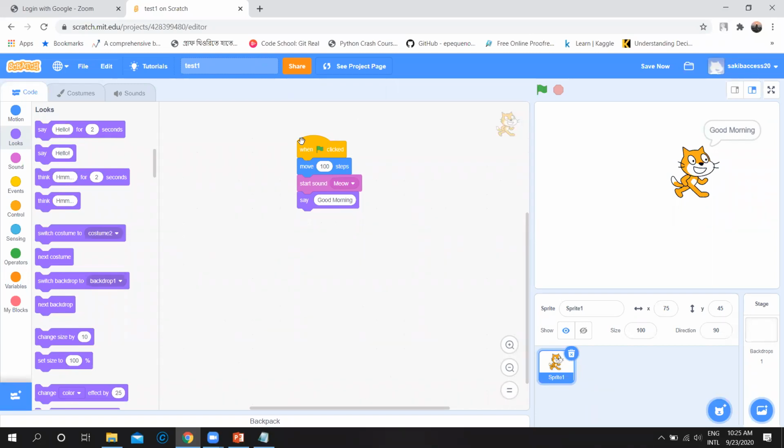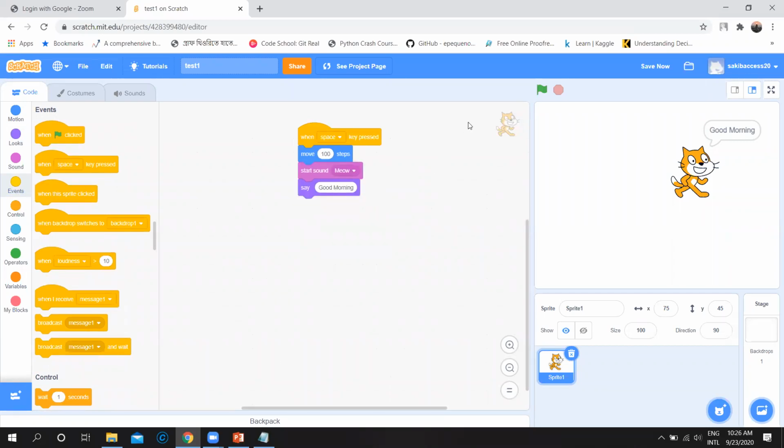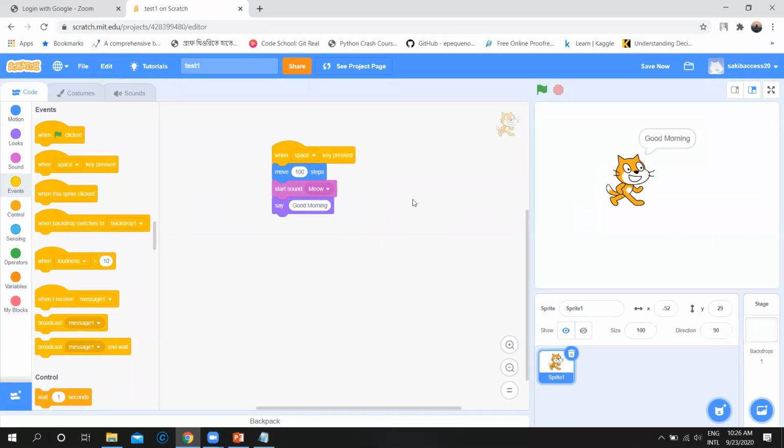Okay, there is another thing actually. Like I have set the condition when green flag clicked. If I remove it, if I add another event, like when a space key pressed, then what will happen? I hope you can understand. If you click on the green flag, it will not work now because I have changed my condition. My condition is now when a space key is pressed. That means whenever you press your space key on the keyboard, then it will work because I have changed my condition. Okay. I did not click on this green flag. I have clicked on the space key on my keyboard. Okay, that's how you can set this logic.